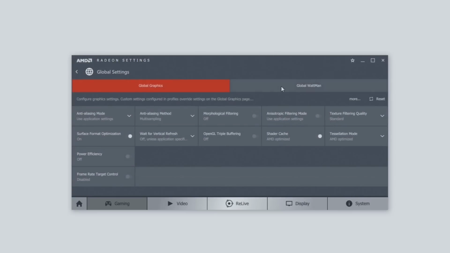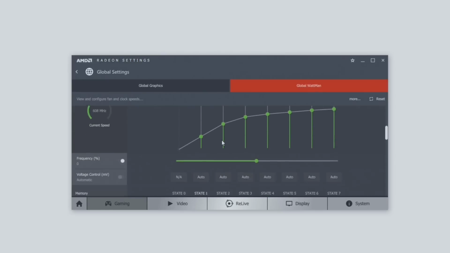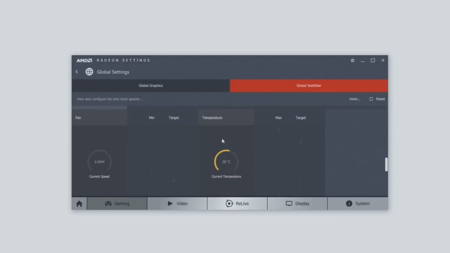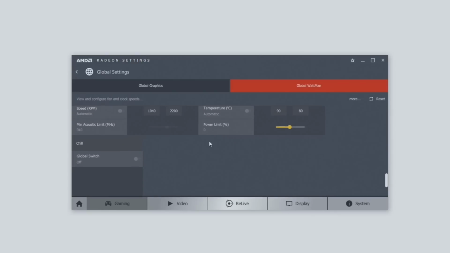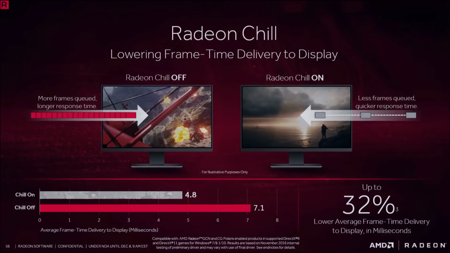Switching over to the gaming tab, not much has changed again, but over in the global Wattman settings you can find a new feature called Chill. This option gives you reduced heat and power draw by dynamically adjusting the FPS while no user input is happening. This sounds pretty good actually, especially for energy conscious users or people that have too much heat output from their